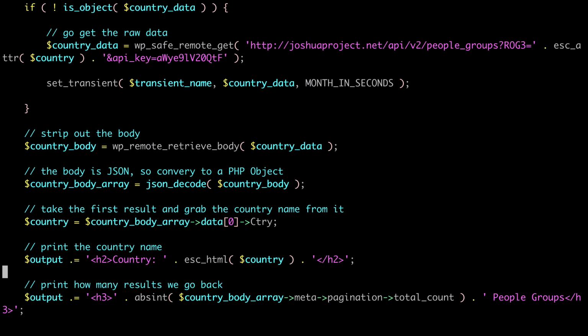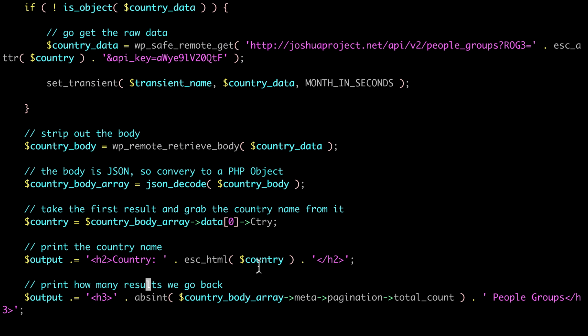So, print out the country name. I just print country, and then, right here, in the country body array, there's an array element called data, and the first element in it is country. Country is an element in the first element in data. It gets confusing.